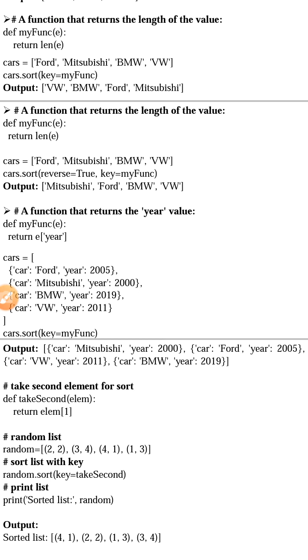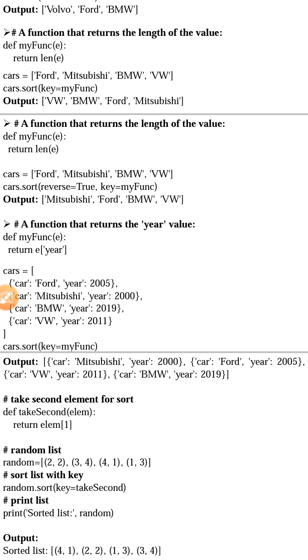Hence, if you see, my list cars has four elements: Ford, Mitsubishi, BMW, VW. And as we are assigning key equal to my function while calling the sort function,